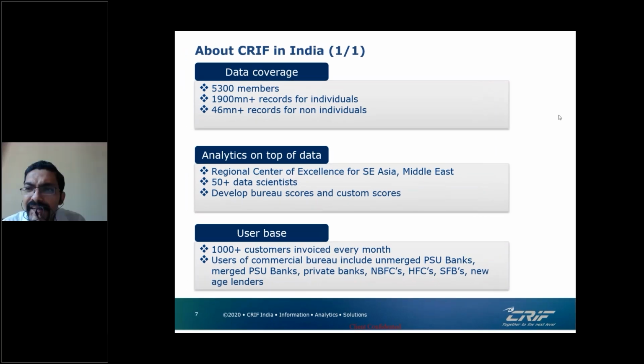So the next question that I have is, how will the commercial scrub be helpful during COVID? I think it is important to understand that any portfolio action or any assessment that you do post COVID needs to have a benchmark. And that benchmark actually is what is the position today before the moratorium data has come in. So the first usefulness of you running a commercial scrub now is actually to know what is your portfolio position before the moratorium has kicked in.